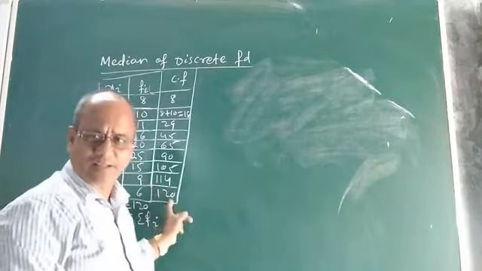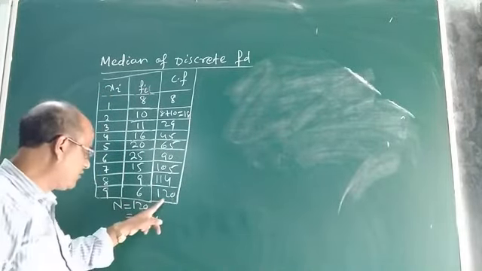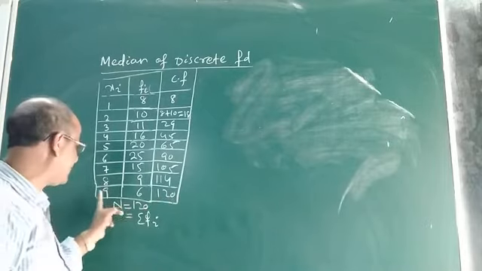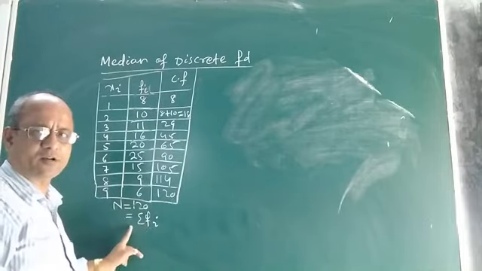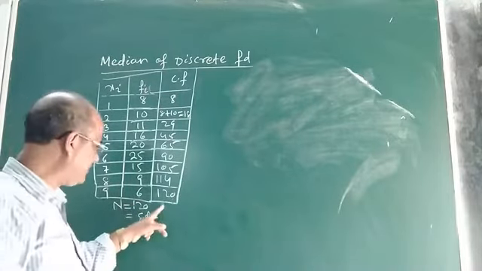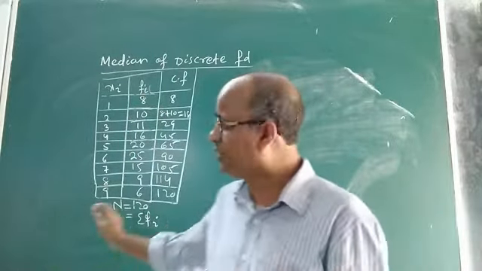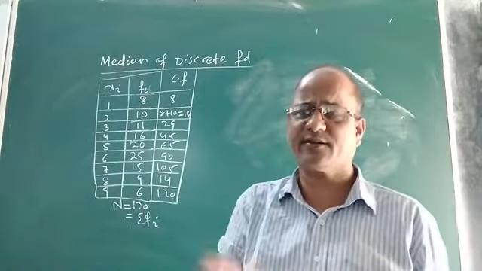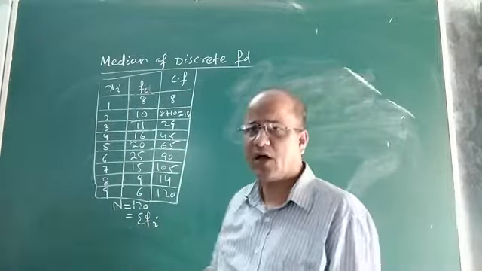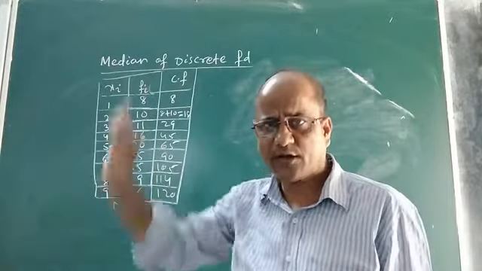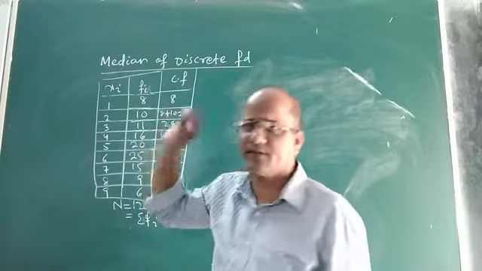Mark one thing here. Look at the cumulative frequency of the last observation. The cumulative frequency of the last observation, that is 9, is 120. And you see, the total number of observations, or sum of frequencies, is also 120. That means the cumulative frequency of the last observation will always be equal to the total number of observations in a discrete frequency distribution. So this thing we have to remember. Okay, now we found all the cumulative frequencies of all the observations.